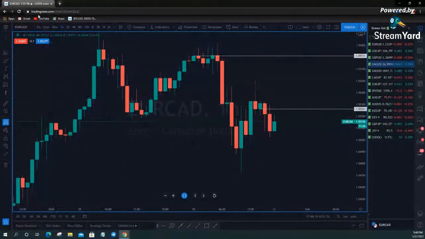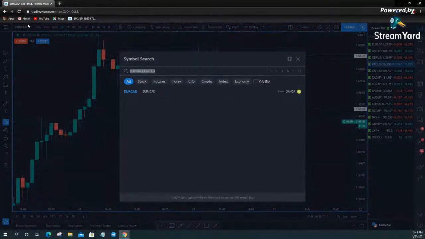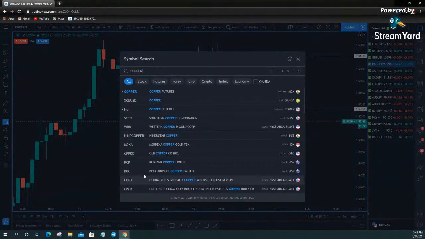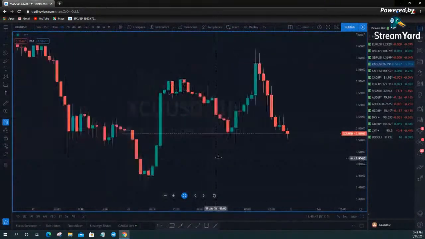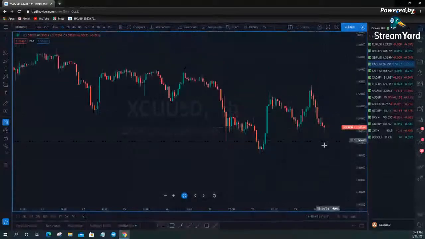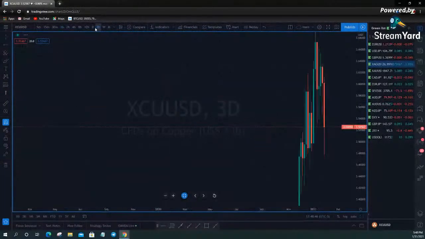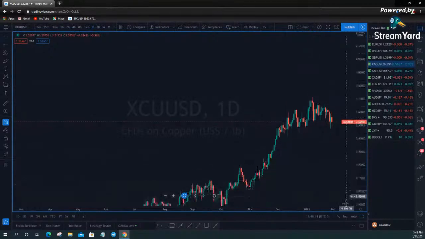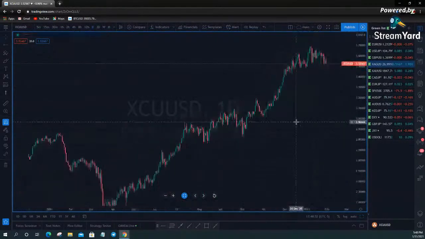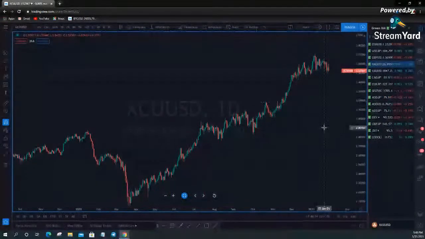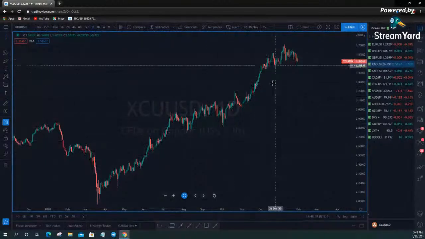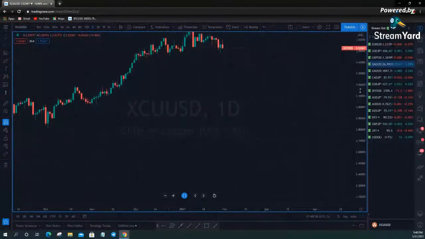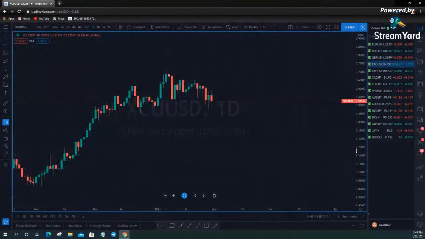Excuse me. All right, FTSE 100. Let's go look at copper first. Let's look at the Oanda one, because I am an Oanda man. Let's get off the 1 hour. Copper's bullish. Yeah, man, this thing's been bullish as bullish can be. That was a nice trade. Whoever saw that coming was phenomenal.